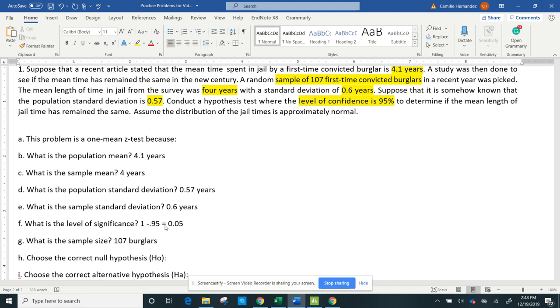Why is this problem a one mean z-test? And it's because I have a population standard deviation. Okay, and that's the only reason I'm doing that is because I have a population standard deviation. So I have answered everything else. Now the next step is